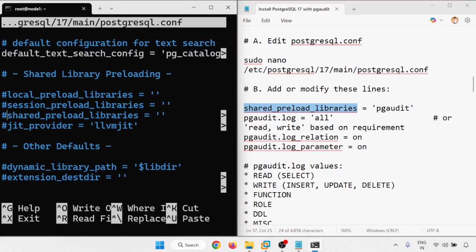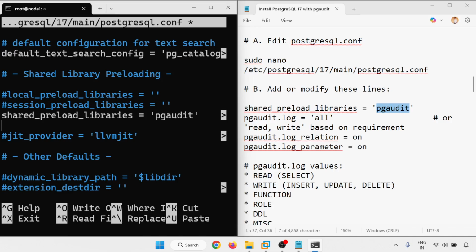Here I'll include pgaudit. Just write down pgaudit, go to the end, create a new line